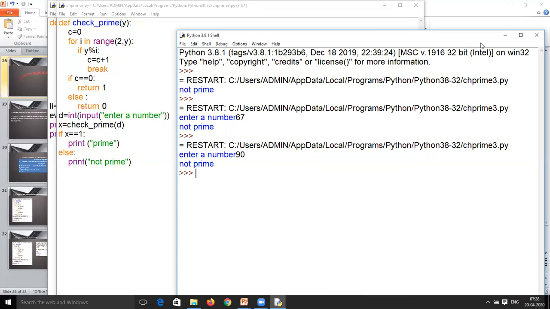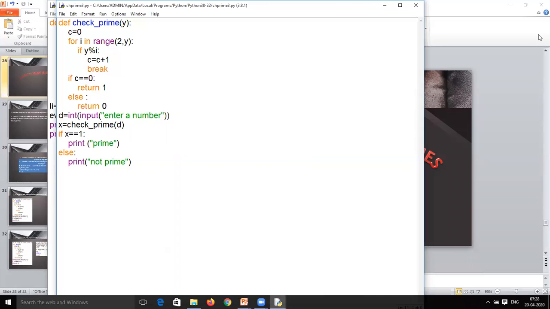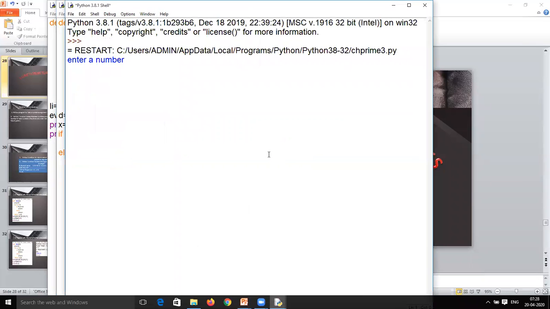We can check a prime number as well, which we know actually is a prime, like 11. Suppose we are entering 11. It says it is not a prime, but of course it is prime. It means there is some mistake. Okay, so let us see what the mistake in our code is.